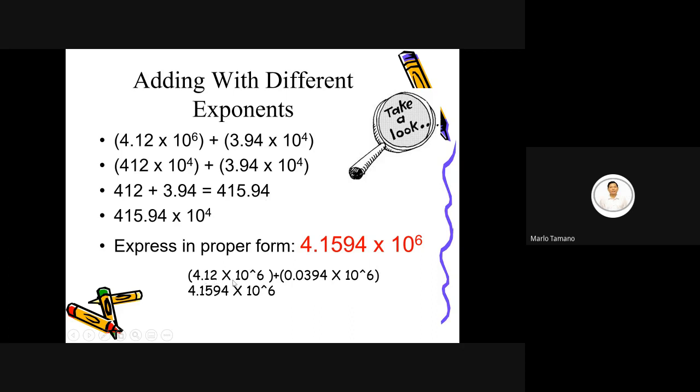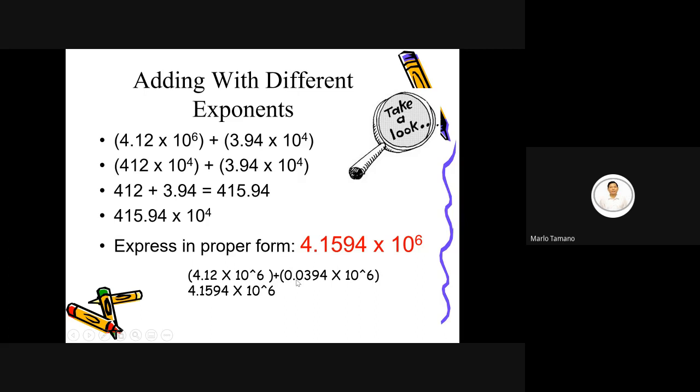So 4.12 times 10 to the 6 plus 0.0394 times 10 to the 6. I added the 2 because I moved the decimal 2 places to the left. So 4 plus 2 is 6, and now they have the same exponent. If this is the case, then that's the time we add. So 4.12